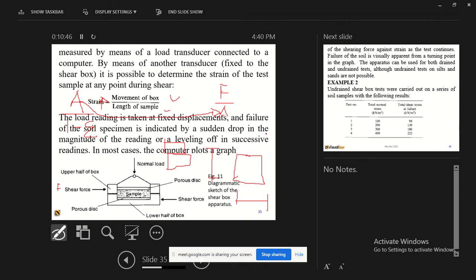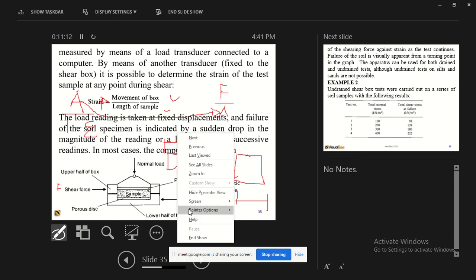Even if you don't adjust for the area, the strains are usually very small, so the area remains fairly constant. But for accurate results, you can adjust the area. That's the most accurate. Actually, for academic purposes, we do expect you to adjust the area. In practice, when the changes in the area are very small, the strain is very small, then the adjustment doesn't make a big difference in